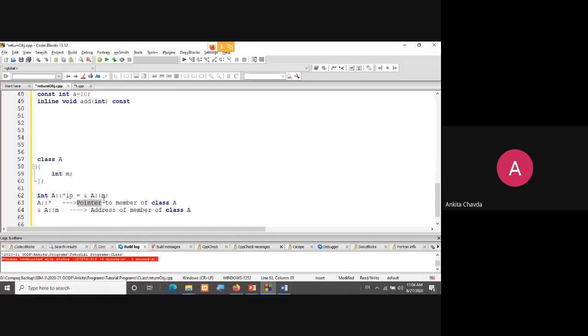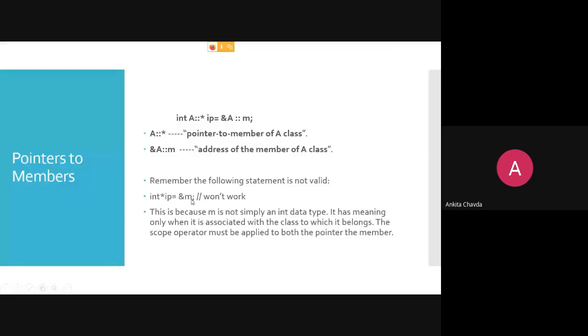Now you will be able to write this by your own, right? You just have to look. There's a star, so this is a pointer. To whom? To a member of your class A. Here it is the address. Address of what? Member of the class A, right? So remember the following statement will not be valid: int *ip = &M.